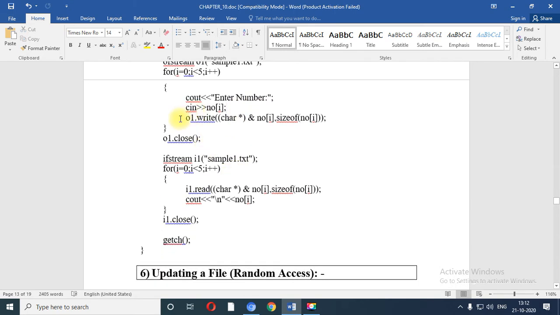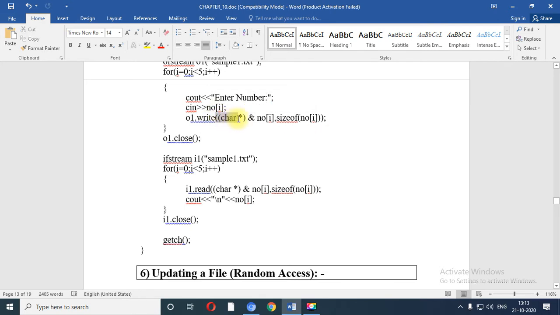I have a function using which I can write my content in binary form in the file. For that, o1.write with a character pointer. This is the syntax you need to follow when you want to write your content in a binary file.